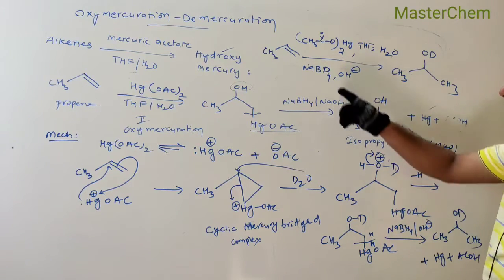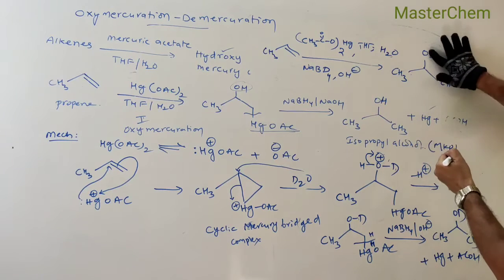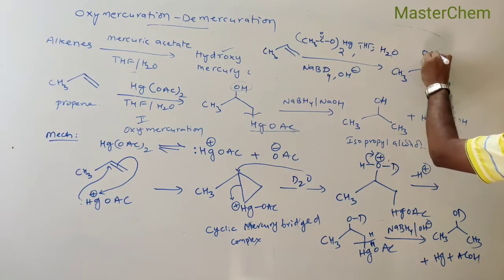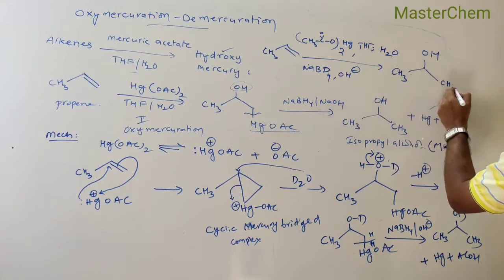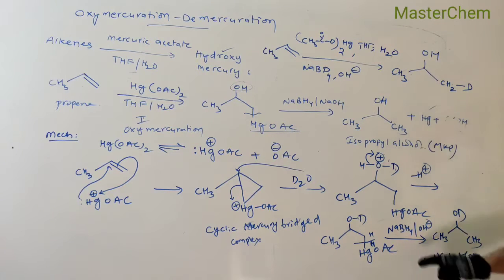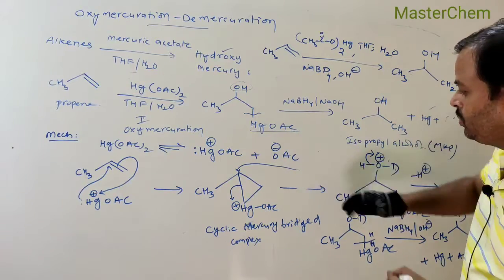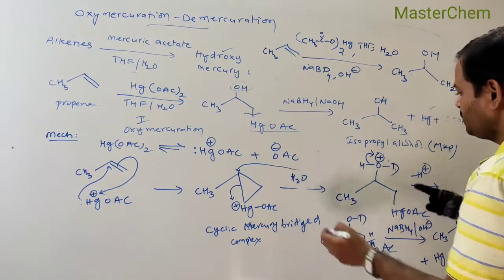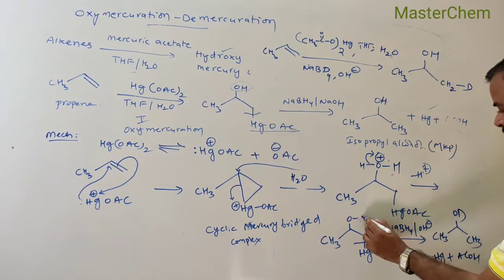NaBD4, okay, hydrogens replaced with deuterium. Now what is the product? Here your product should be, as it is H2O, it should be OH, and here CH2D. This is the product, because what happened at the last step, now it is H2O only, so just replace with H2O, hydrogen, and next here hydrogen,